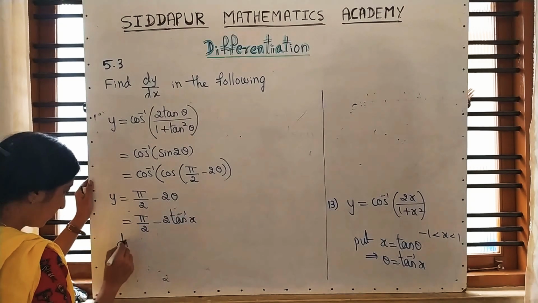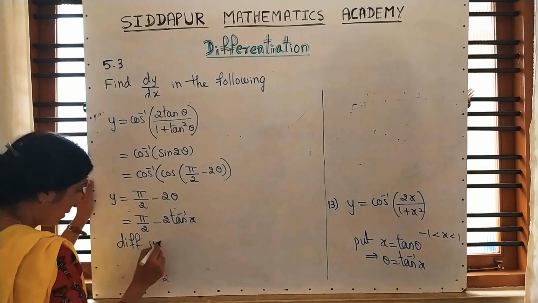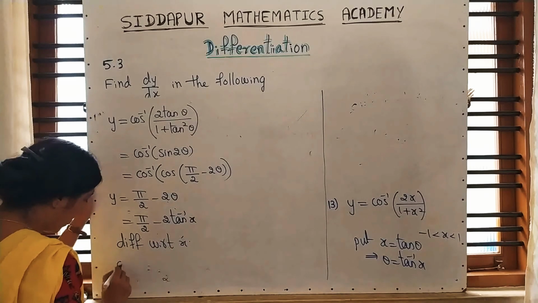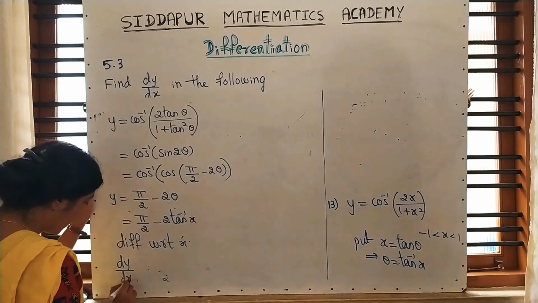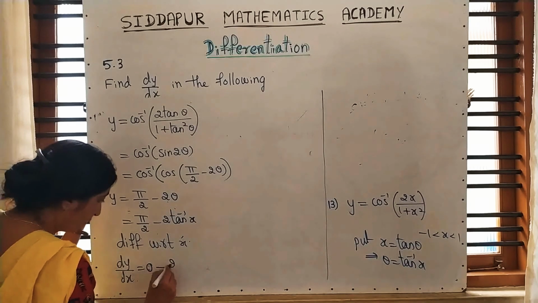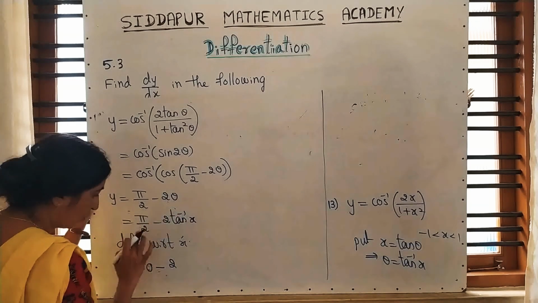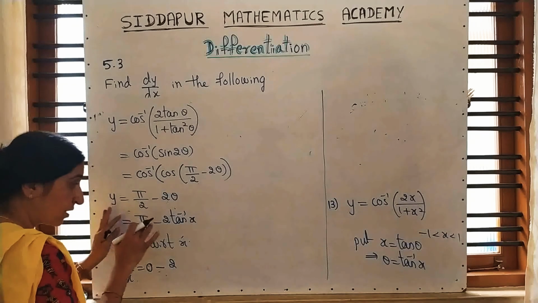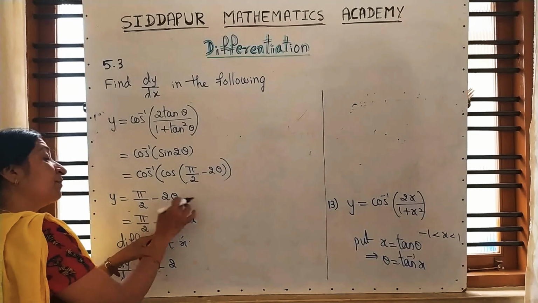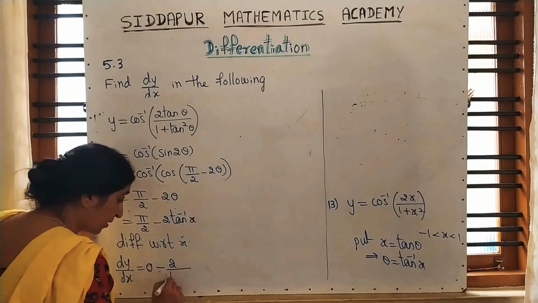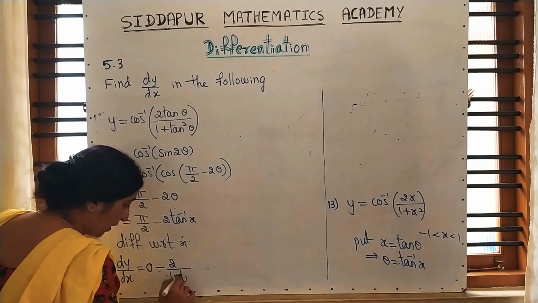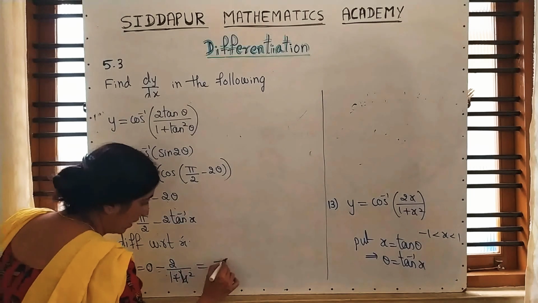Now differentiate. Differentiating with respect to x. This is 0 minus 2 difference, because pi by 2 is a constant, and with this constant there is no x. The term that has x is tan inverse x, and its derivative is 1 upon 1 plus x square. Final answer is